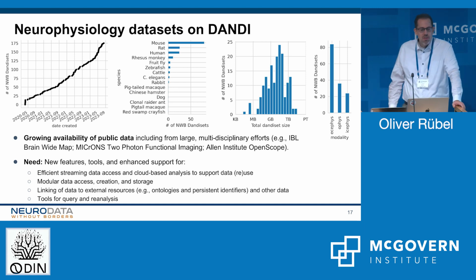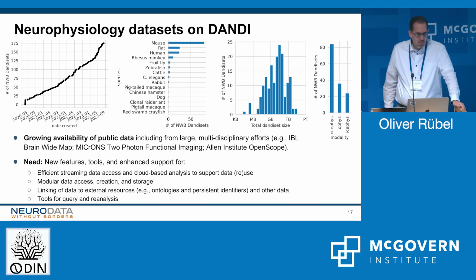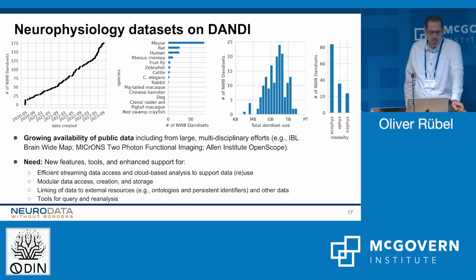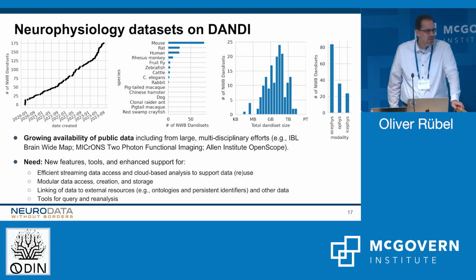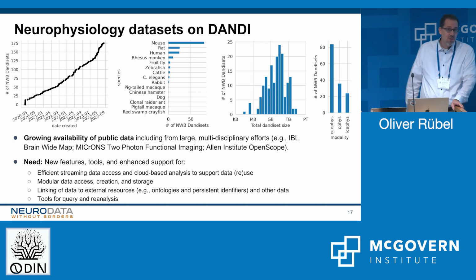We need modular ways to access and store the data so that you can selectively get to the data that you want for your particular parts. We need abilities to link data with external resources, such as ontologies or persistent identifiers or even other data in different